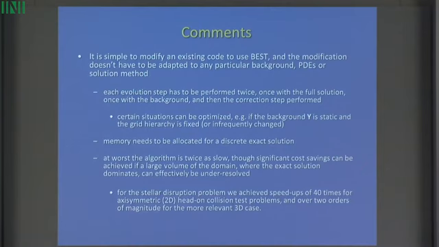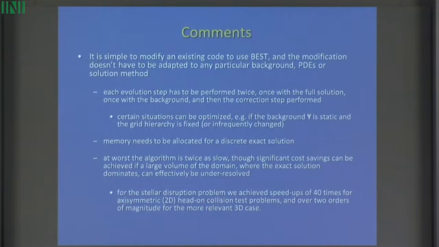But this says you don't have to worry about that at all. Just take your code, whatever coordinates, whatever discretization method, and it's fine. All you have to do to modify it is every time step you do it twice. Once with this background solution as initial data, and then once with your full solution, and then you subtract the